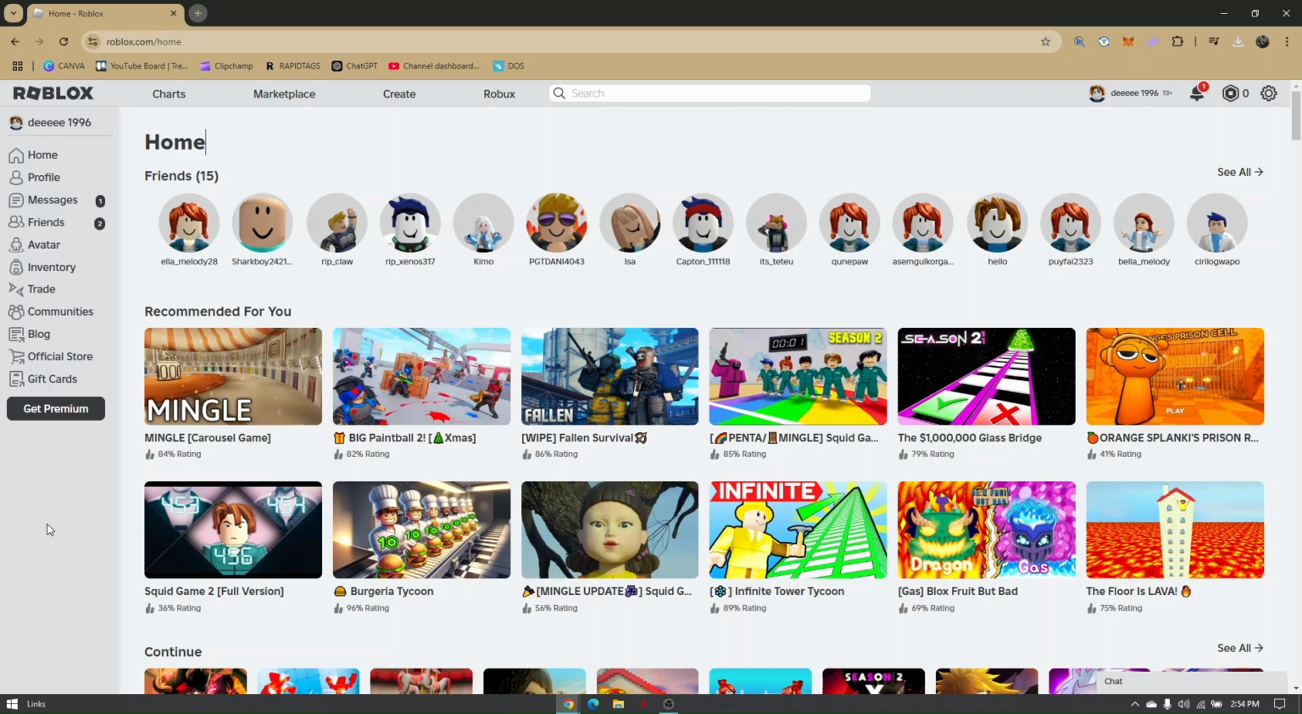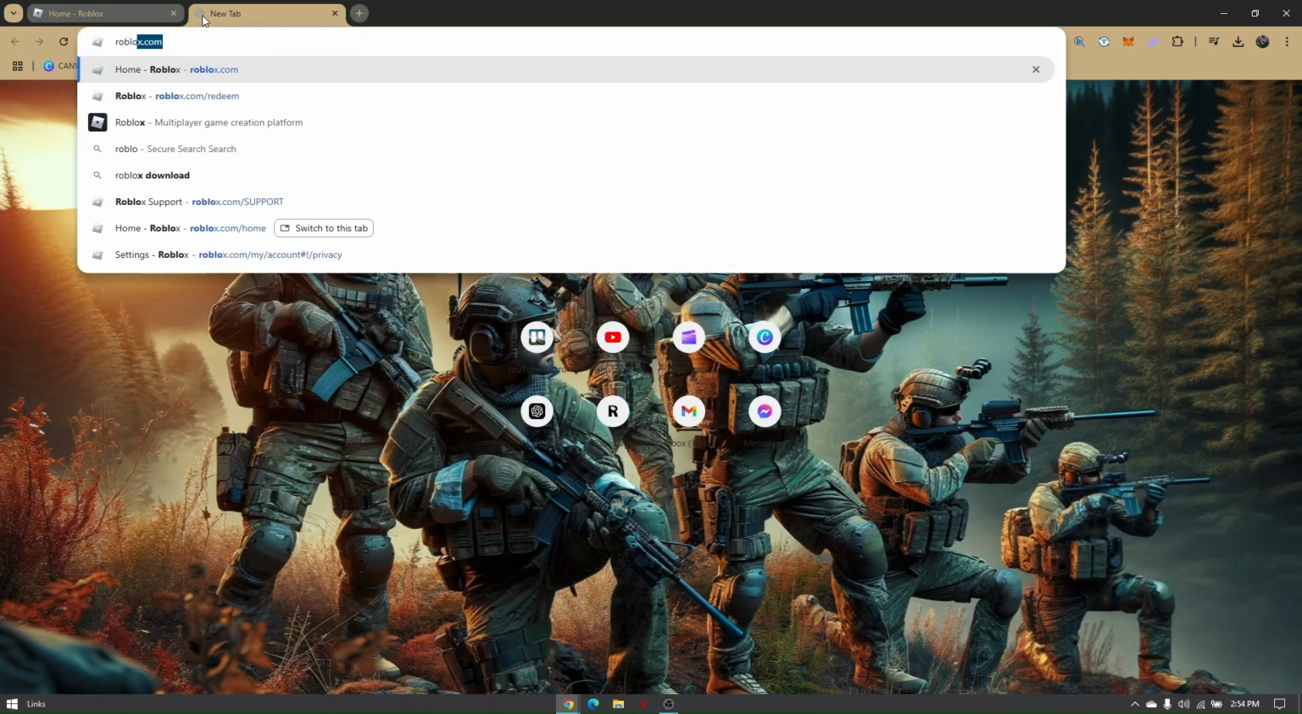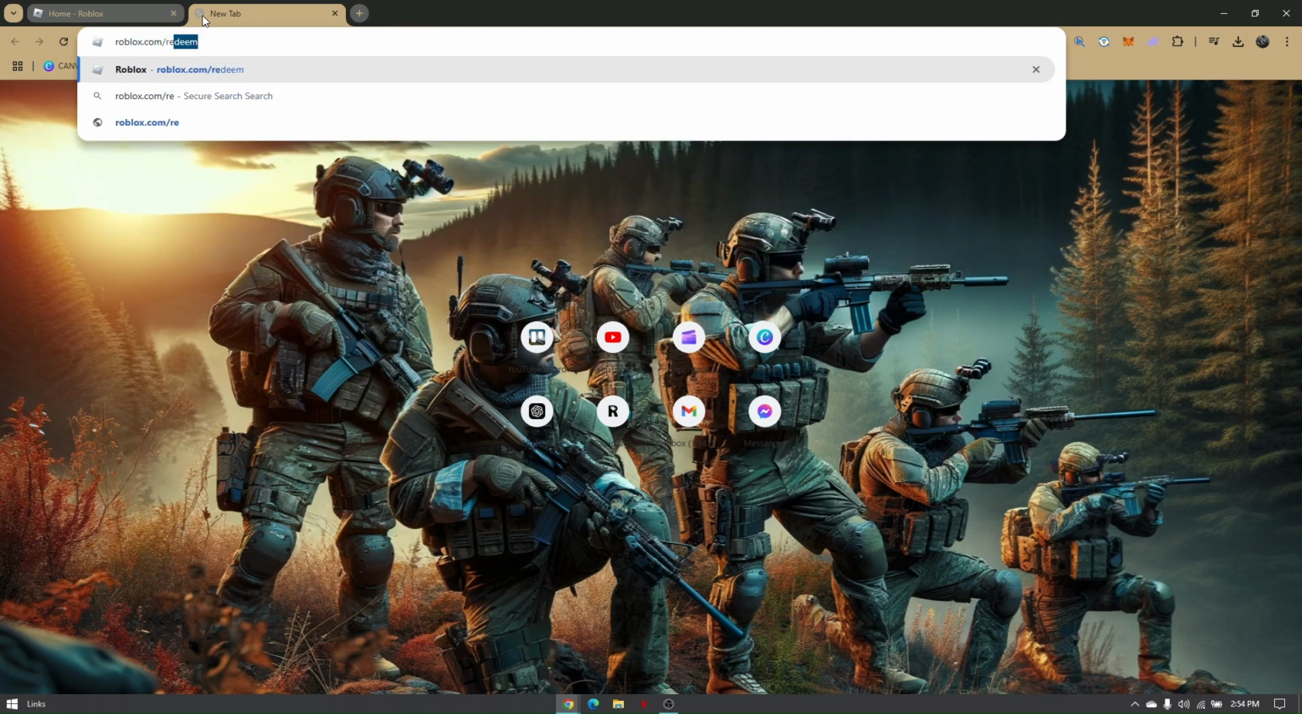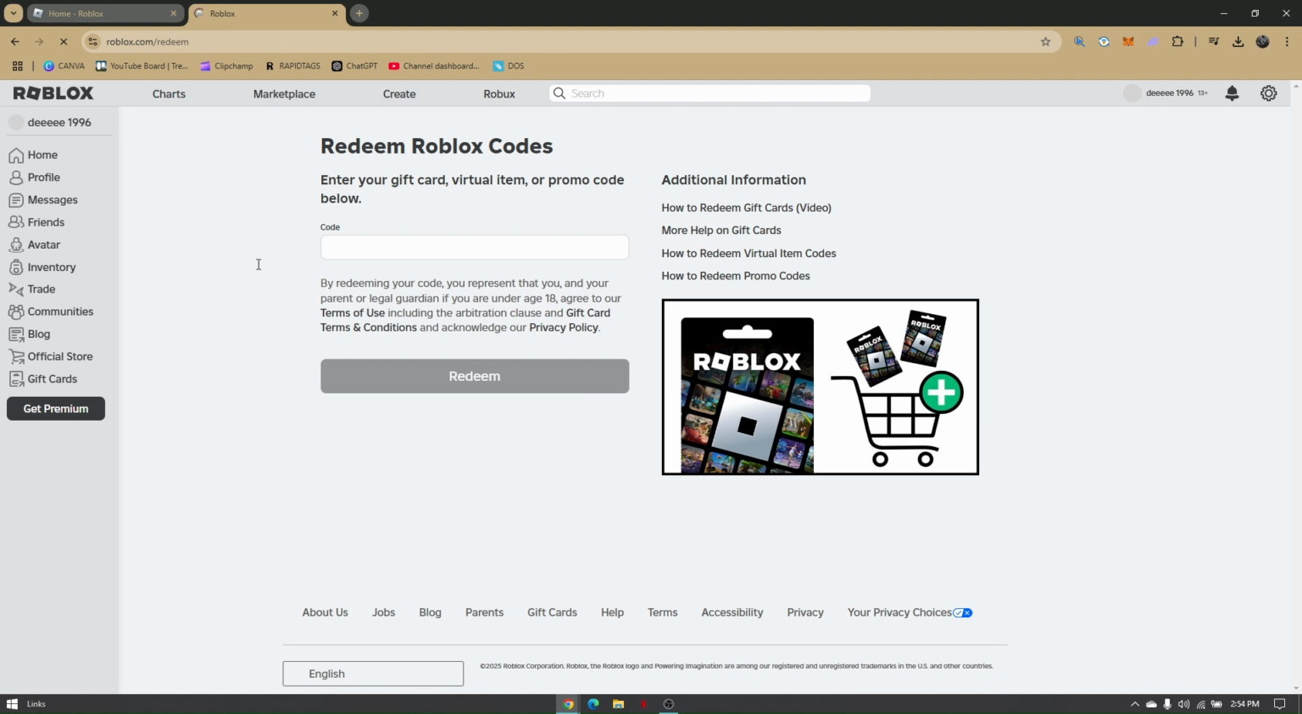So first things first, head to roblox.com and make sure that you log into your account. Next thing that you want to do is create a new tab and simply type in roblox.com/redeem. Now, this is going to be the redemption page of all the Roblox gift cards that you will receive,